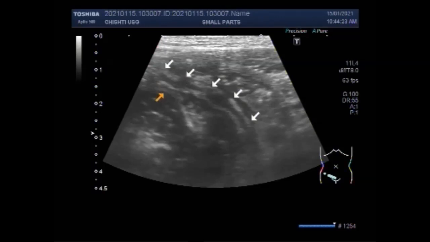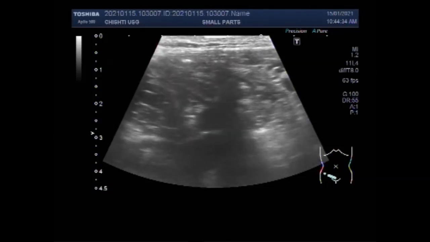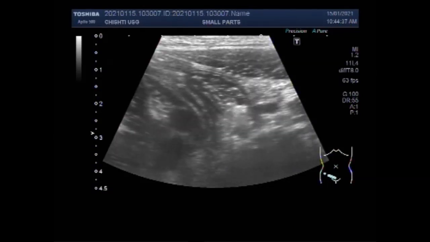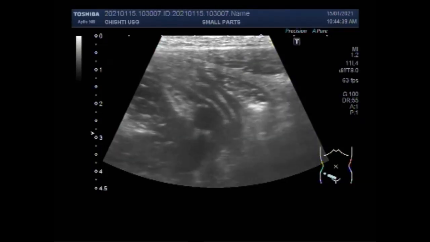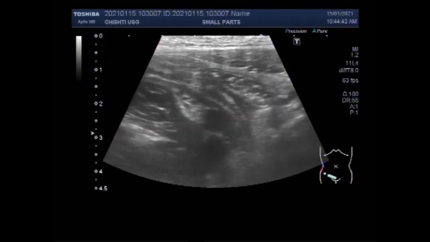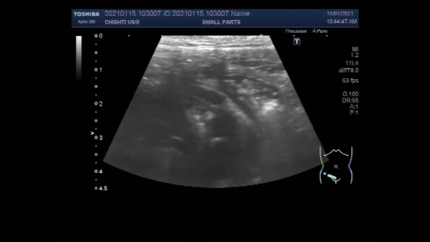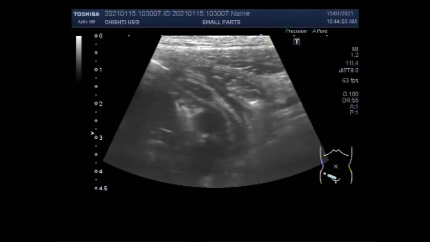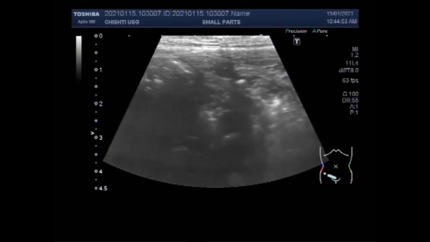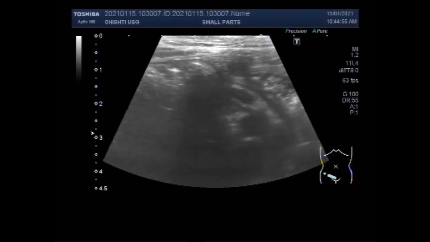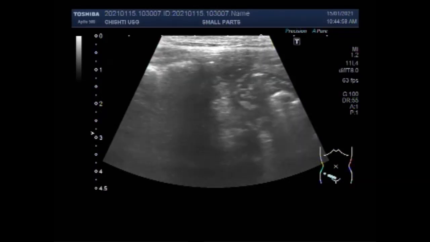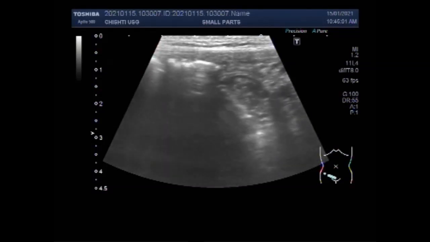The localization of the psoas muscle is also important, as the appendix is often seen overlying it, and you will start by applying gentle pressure, then apply firmer pressure to displace the bowel to avoid bowel gases. As the bowel loops are inflamed, they are fixed without the peristaltic movements. Most often tenderness will also help to localize the appendix.